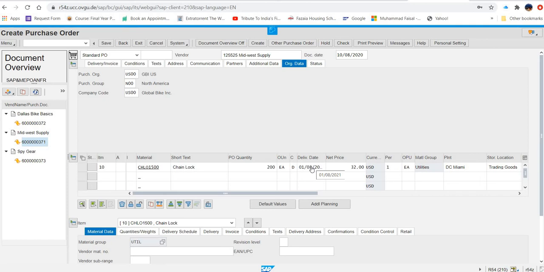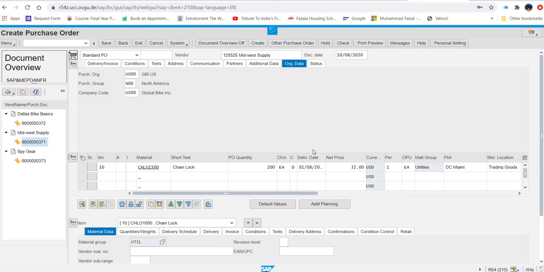Now they are saying if the header data is not yet displayed, open the section by clicking on this header, on the condition tab, and then check the purchase order value is 6400 USD. If the line item data is not yet displayed, open the section by clicking on this and item detail. On the delivery schedule tab, select the first line.